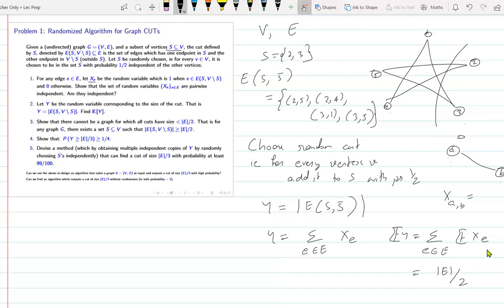So this is a very stupid algorithm. What is the algorithm doing? For every vertex, you are tossing a coin, adding it to the set S. It's not even looking at the graph. It is just doing a coin toss and choosing a random cut. But this particular algorithm, in expectation, gives you a cut of half the size. Size of E is the total number of edges in the graph. This randomized algorithm is cutting half the edges in your graph, in expectation. Okay. Is that clear?